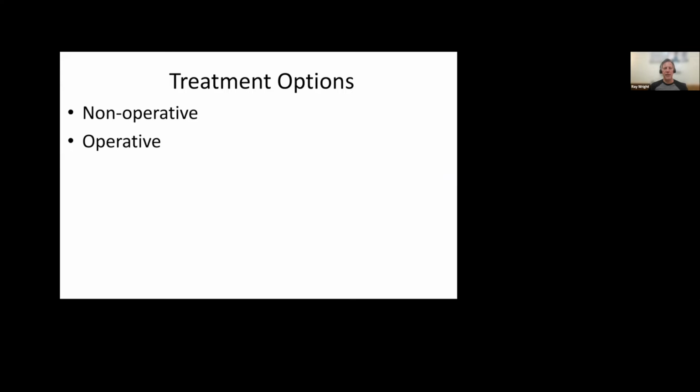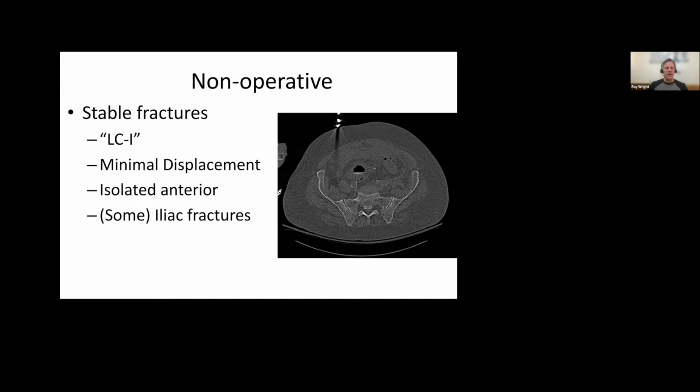That's maybe the only contraindication I can think of for skeletal traction. Your treatment options for pelvic fractures really fall into two categories, operative and non-operative care. And non-operative care is great for the so-called LC1 fracture. The so-called LC1 fracture is usually a lower energy lateral compression style injury, where patients will get a sacral buckle injury, like you see right here in this extraforaminal region, peripheral to the sacral nerve root tunnels. And what you can see on the axial CT scan is minimal, if any, displacement of the overall pelvic ring.